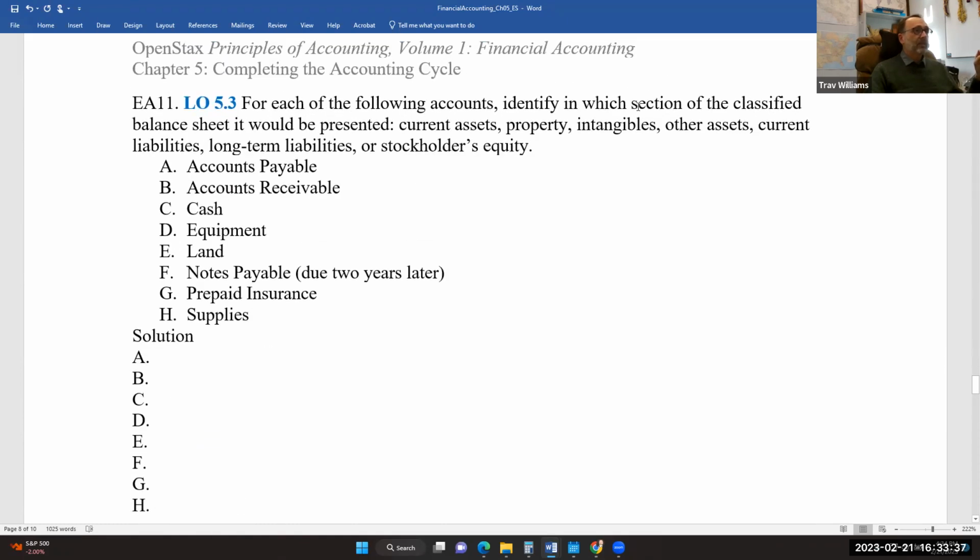In which section of the classified balance sheet would each of these be presented? Okay, now in chapter 5, it talks about the classification. Sometimes on a balance sheet, the assets are classified into different categories so that anybody looking at the balance sheet knows not only what's the total amount of assets and what are the assets, but also can see the